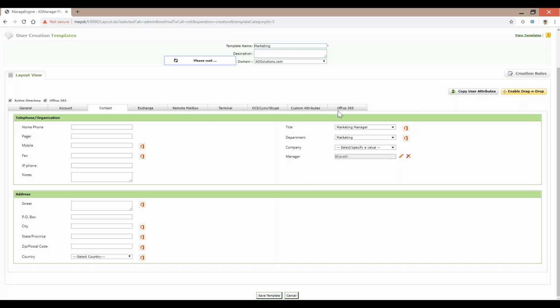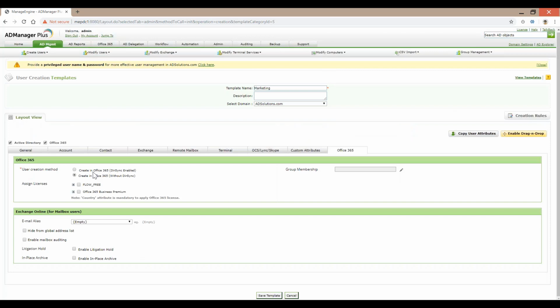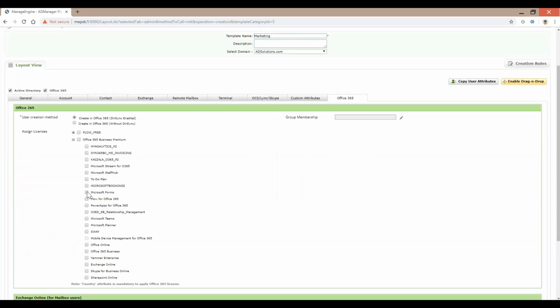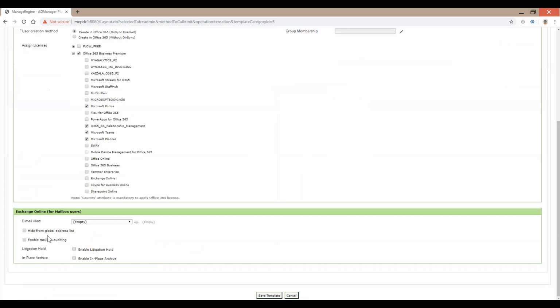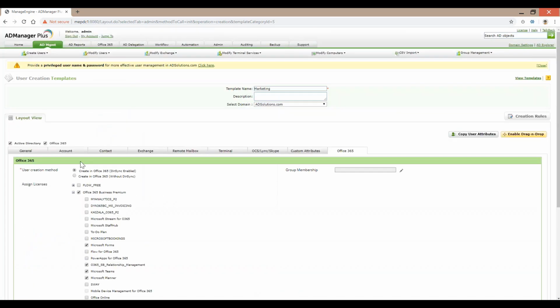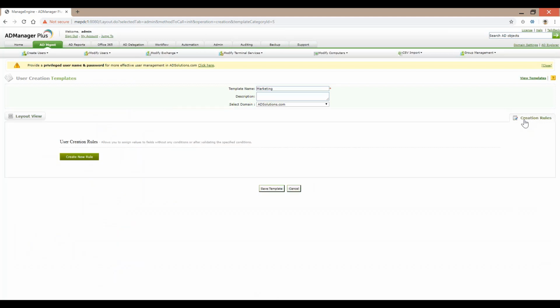Likewise, when it comes to Office 365, you could say how you want the accounts to be provisioned. Do you want directory sync enabled? Which are the Office 365 groups you want the user belonging to the marketing department to have access to? What are the licenses that need to be assigned? Which specific applications do you think your marketing department users need? And then a couple of other options as well. So this is the fundamental logic, or the ingredient, that drives the automation, and I can still get granular.